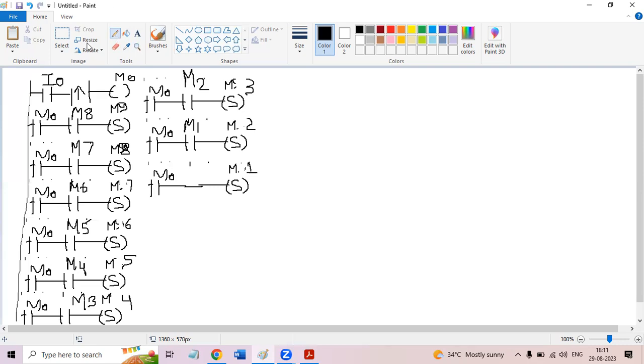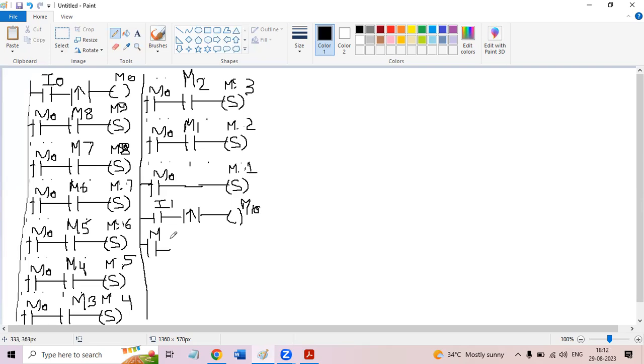Now we need to reset, correct? Now we need to reset M9 to M8, M9 to M1 actually. So here, let us take. Now for reset, we have to take I1, correct? So when I1 gets high, take a pulse, and from this you take one flag. M9 we have used, let us take M10. Okay, so when M10 gets high,